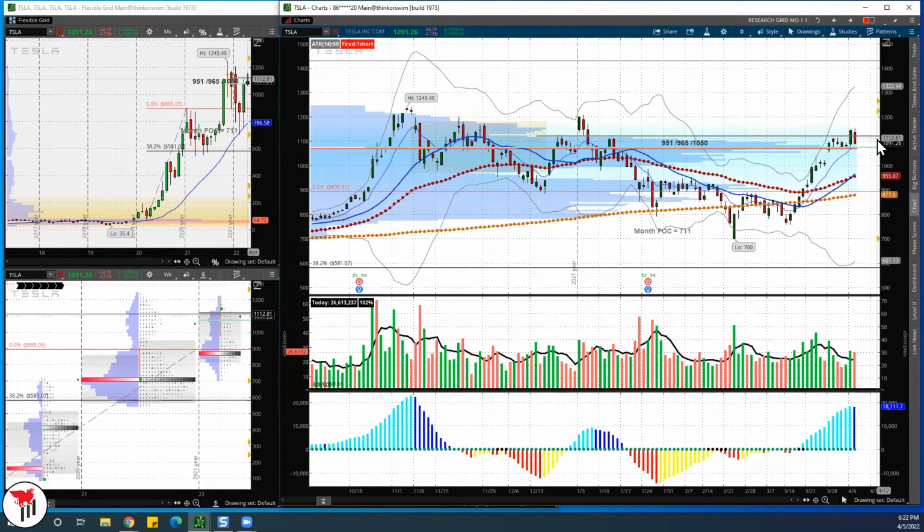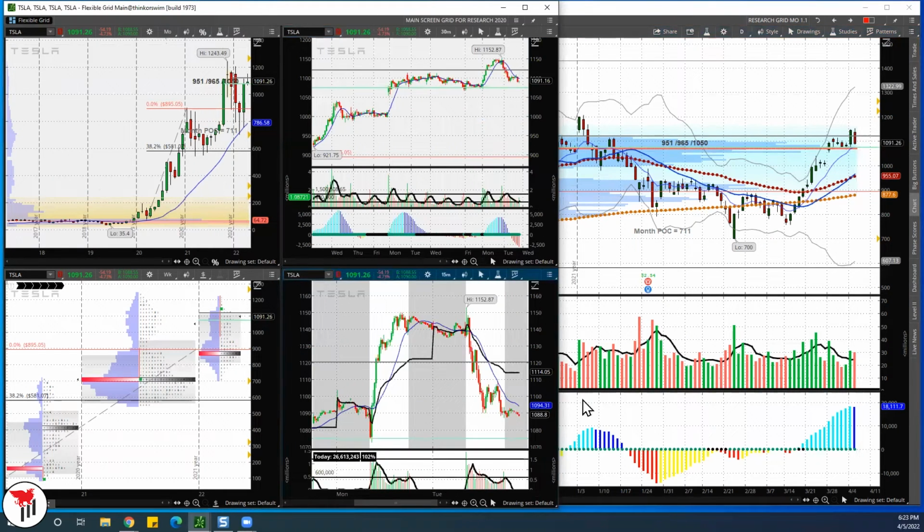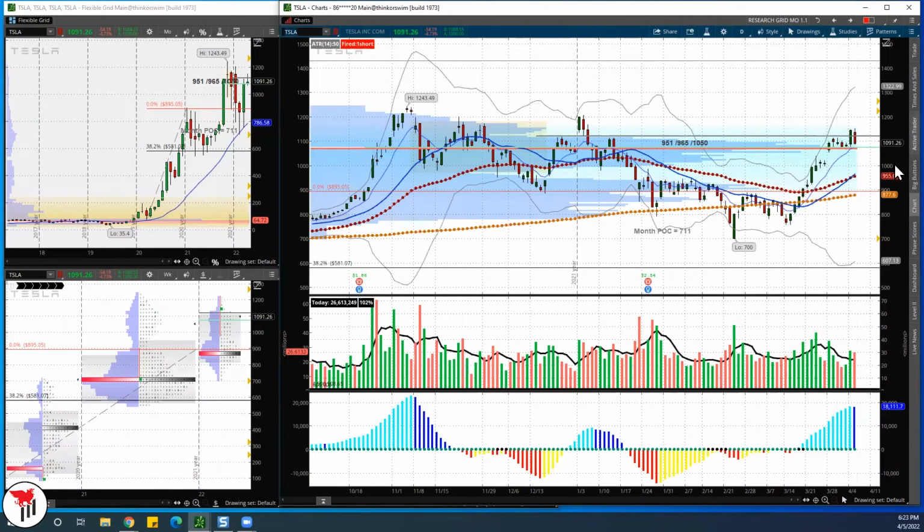Now what I want to see is either strength over 1170, or I want to see this little structure right here fail. Where do I see it failing? I see it failing once we go under 1050. So under 1050 is going to be our momentum short for Tesla. That can happen tomorrow. Actually, let me see what is trading. 1050, yeah, 1050 is in the books for tomorrow. Absolutely, that can happen tomorrow. So 1050, and we go for 1000, which is 1,009.55.